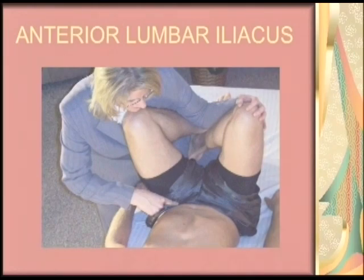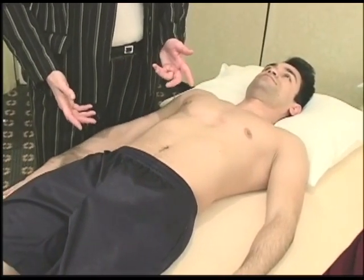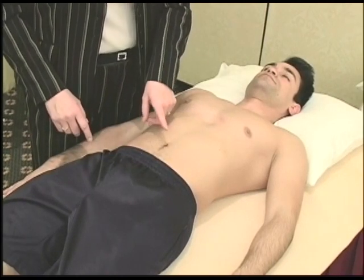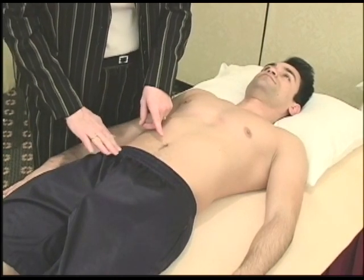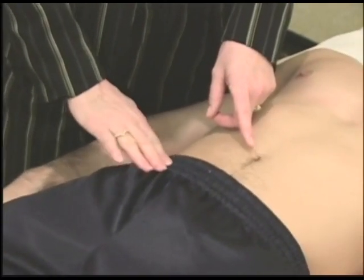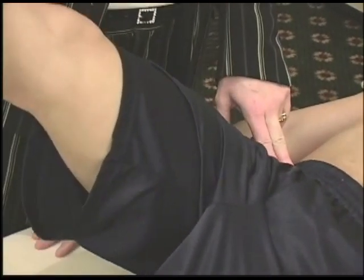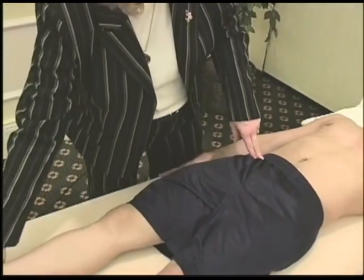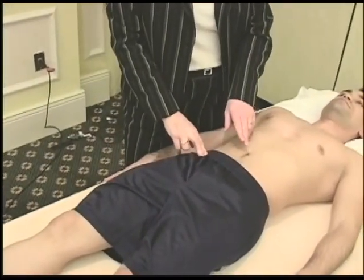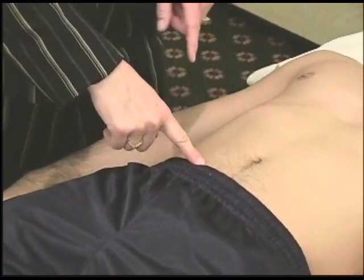The last one would be the iliacus. The iliacus is a hip flexor muscle, and according to Dr. Jones, the tender point for iliacus is located in the lower abdominal region, halfway between the umbilicus and the anterior superior iliac spine. So palpate, where is that bump right above where his hip flexes? Anterior superior iliac spine, or ASIS. Here it is. So if you took a halfway point between these two, right in the abdominal region, and point